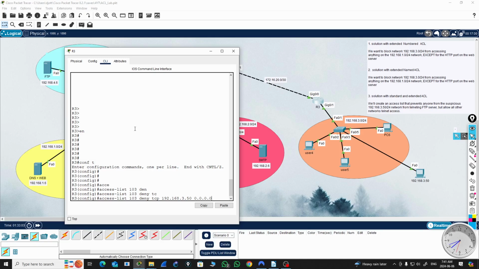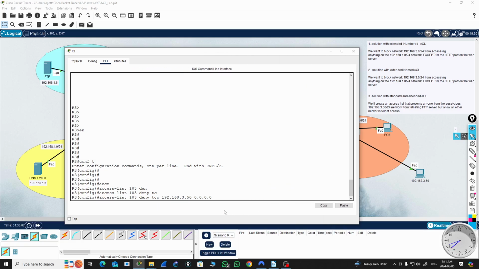Okay, this is another way of saying host. Just defining one IP address, we give a wildcard mask of 0.0.0.0. It means it's the same thing as saying TCP host